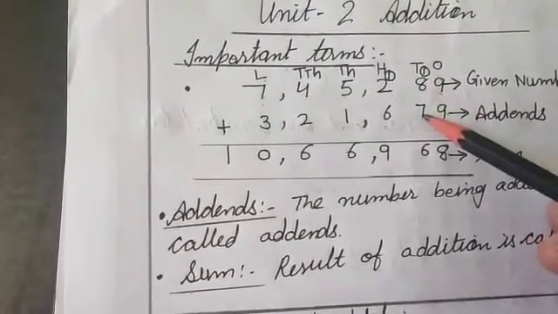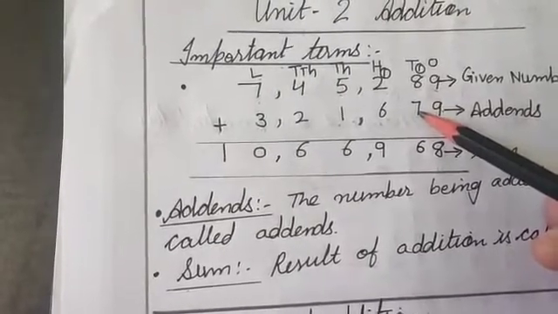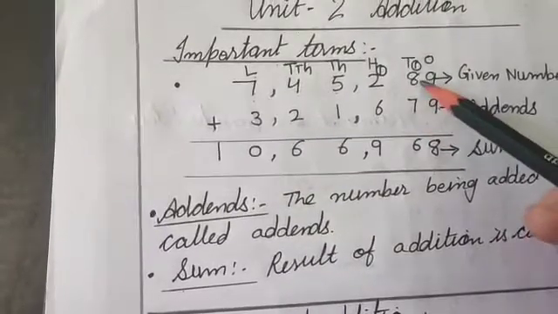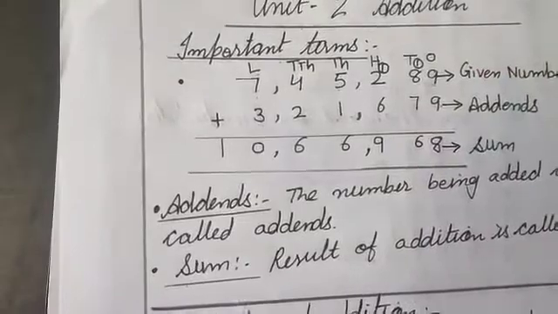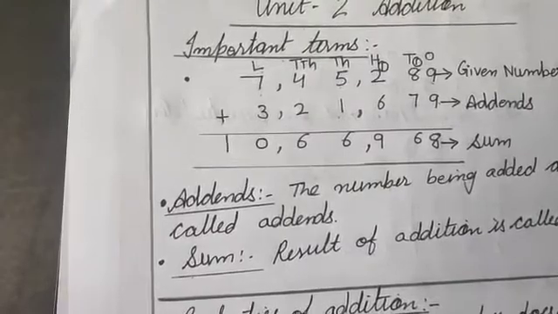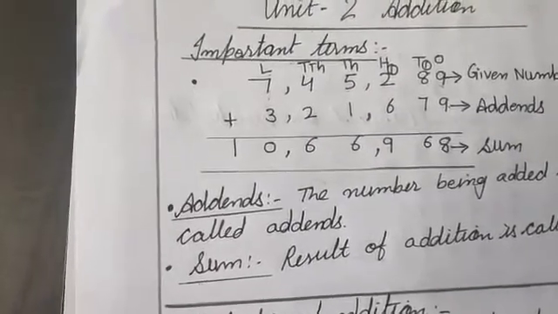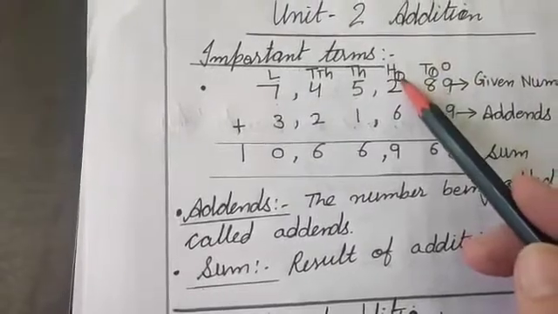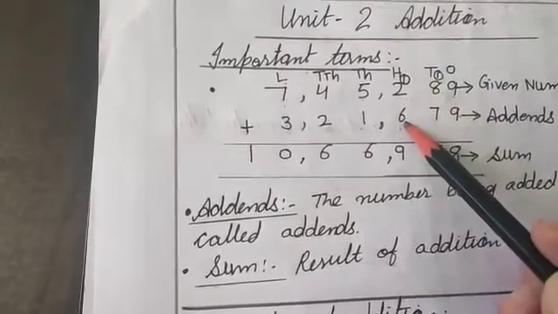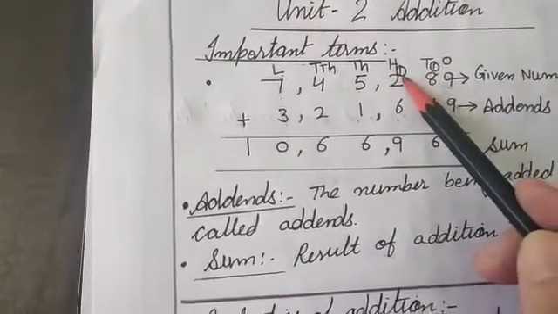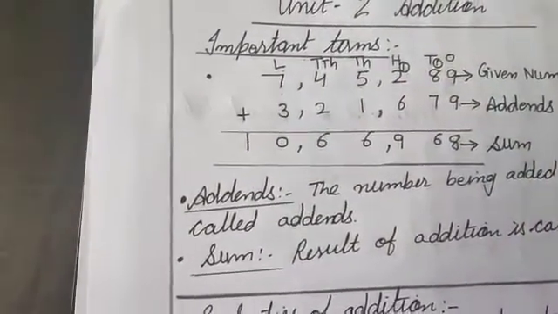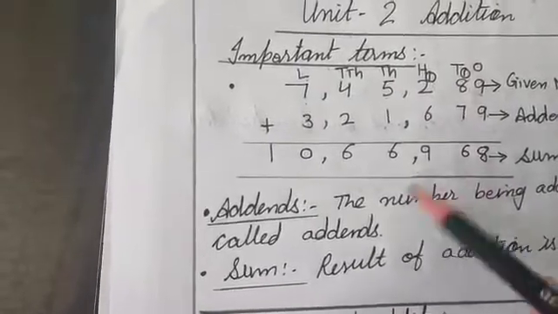9 plus 7. You can count on your fingers but try to count later on in your mind. 9 plus 7, it will be 10, 11, 12, 13, 14, 15, 16. 6 I have written here, 1 carry. Now 2 and 1, 3. You can take the bigger digit, then it becomes easy. 6 and 1, 7. Keep 7 in your mind and 2 you can count on your fingers. 8, 9. So it becomes 9 here.